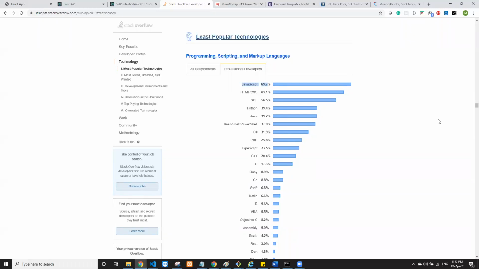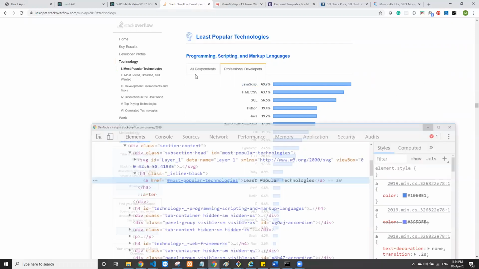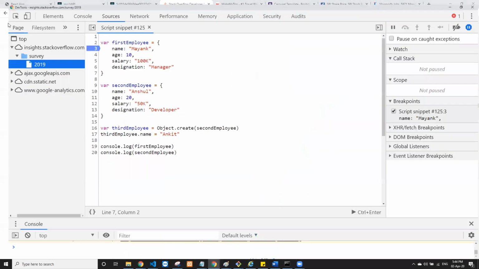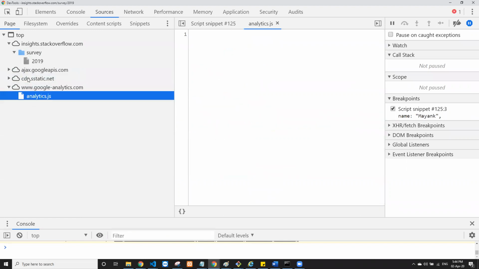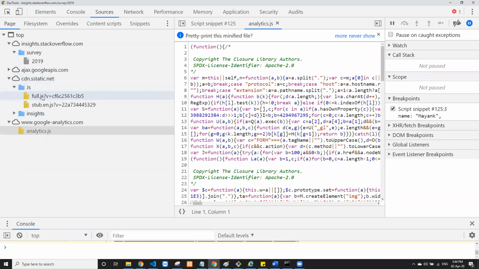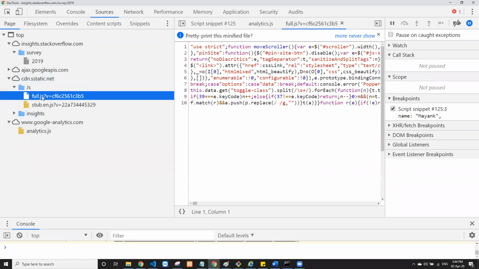There are other functional languages as well, like C. But if you're creating a web application, you can't create a full-fledged web application using languages like C. You want a front end. The browser where you are running this website executes JavaScript. If we look at the source and the pages, there are a lot of JavaScript files executing in the background. So the browser executes JavaScript to make your application responsive, to get data for the application, and to render it.